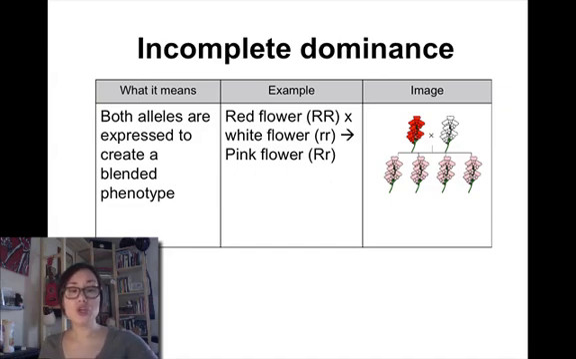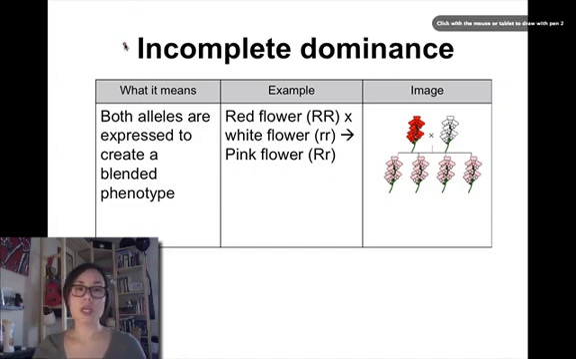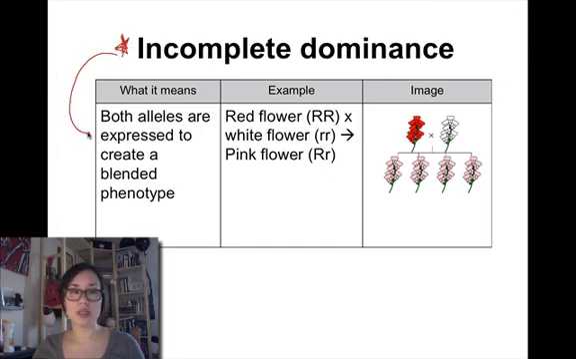So the first new term that we're going to talk about is something called incomplete dominance. This is an important vocab word, and here is the definition. In incomplete dominance, the name actually explains how this transmission pattern works. Here, both alleles, remember my alleles are my letters, are expressed to create a blended phenotype. And by blended, we mean a mixed phenotype. So in incomplete dominance, you're going to see a new